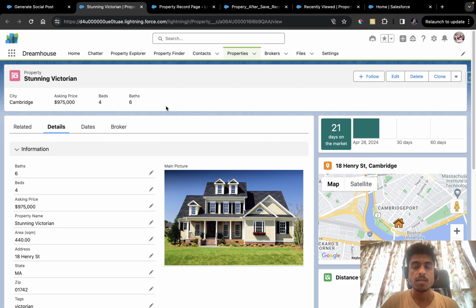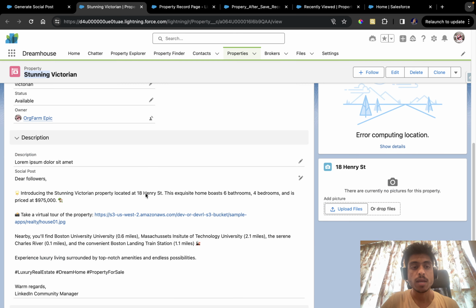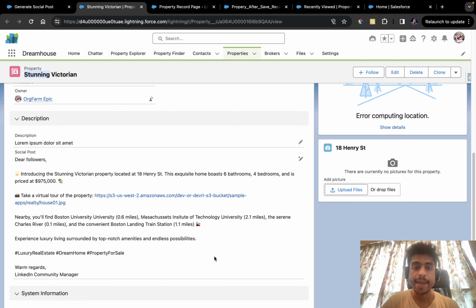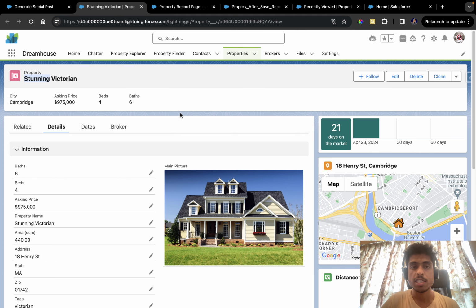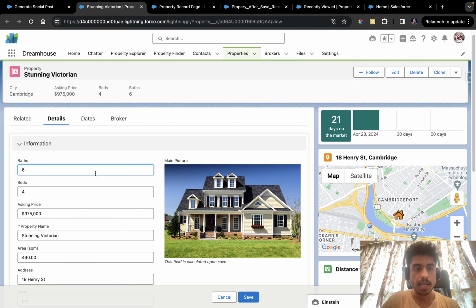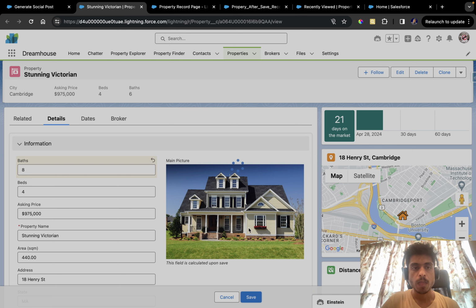Now, what's the other part? If the properties of that property change, for example, if I change the bathroom and the bedroom, it should be automatically populated, right? Currently the user again has to click on the pencil icon and generate the social media post again. So what we can do is use a record triggered flow. If I make the bathroom 8 and keep the bedroom the same at 4, and click on the save icon,